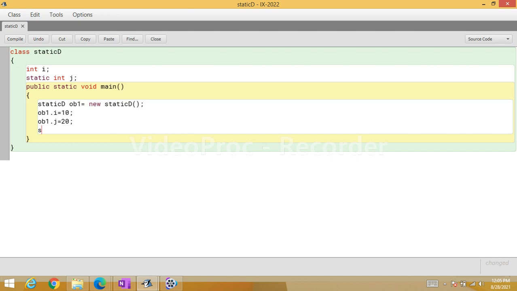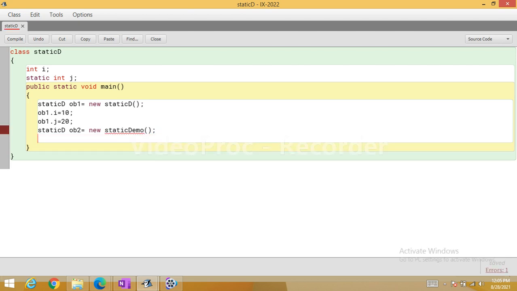Now I create another object of the same class, named ob2 equal to new static D. The object has been created.